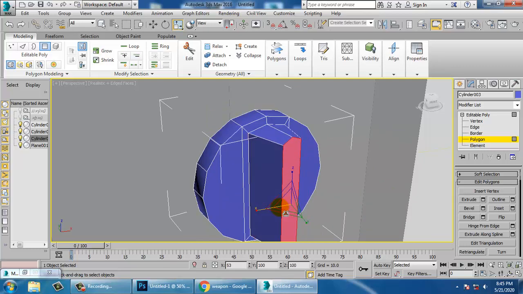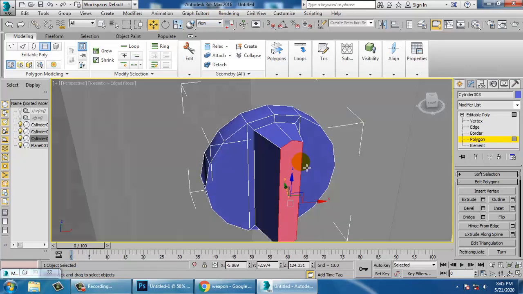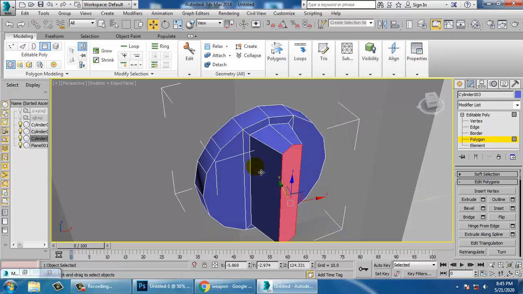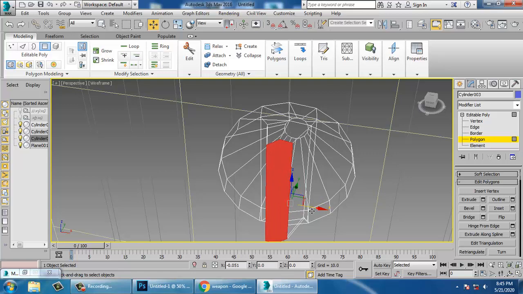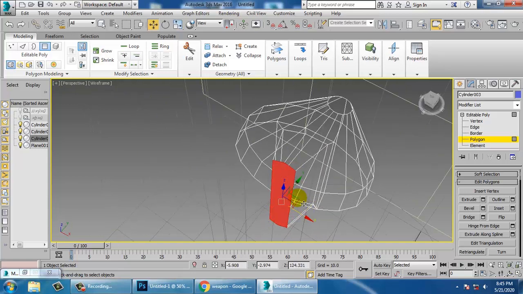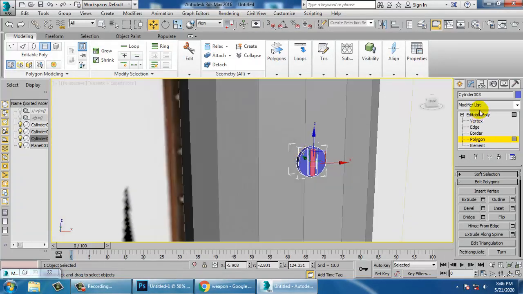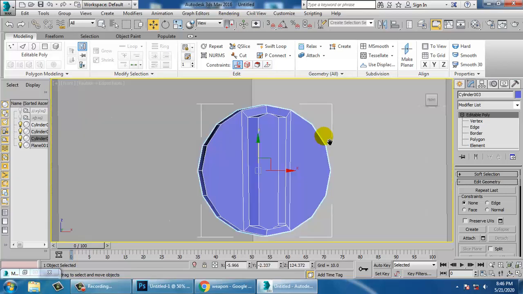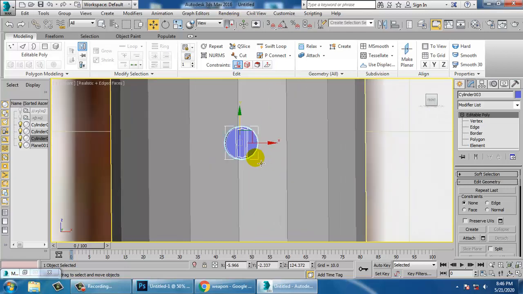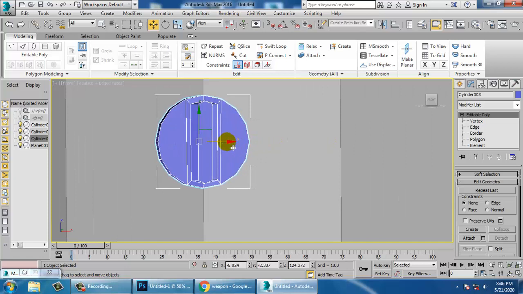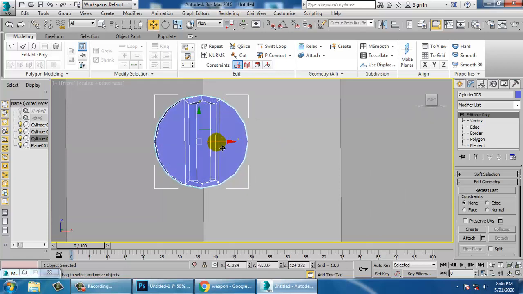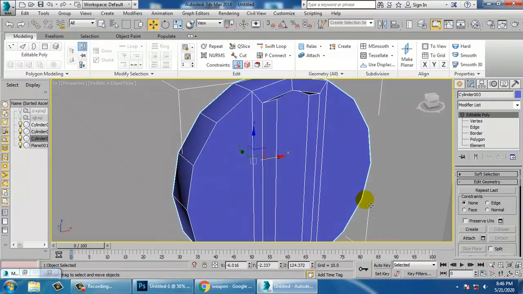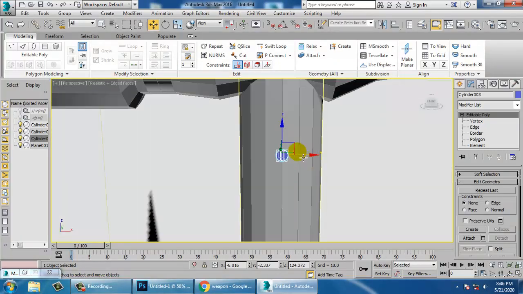I am going to extrude this inside. So first let's scale this and just push it inside. Once you're done, you can just push it in this way. You can slightly rotate it over here.